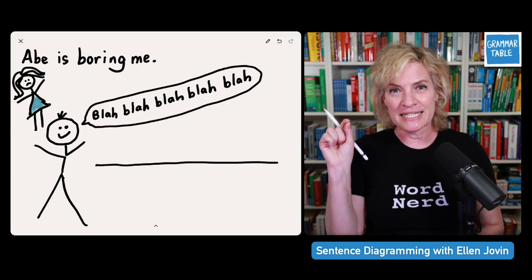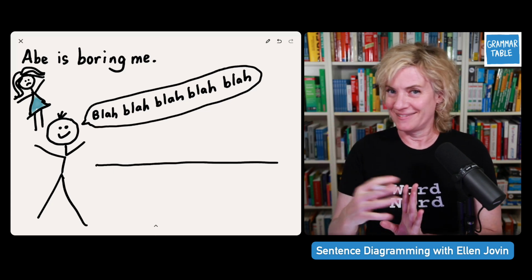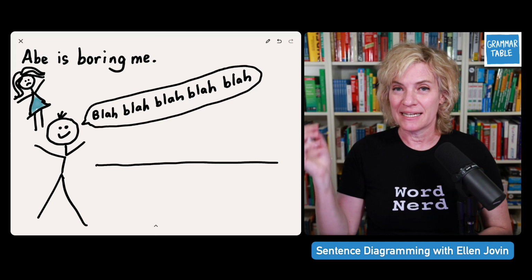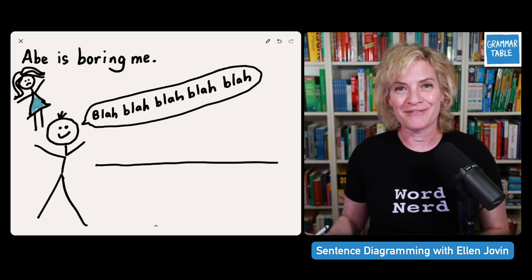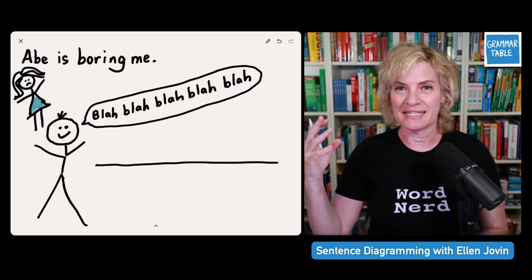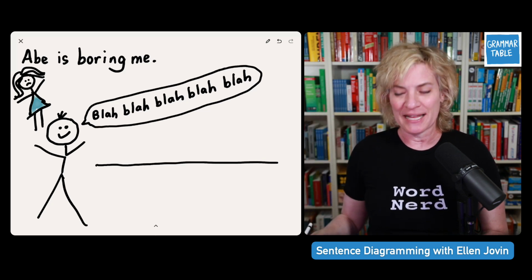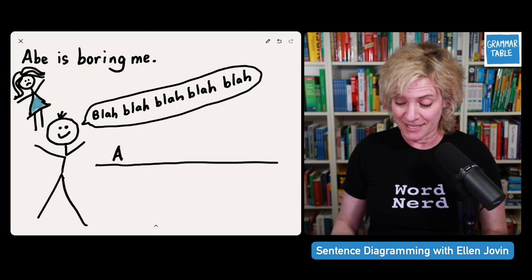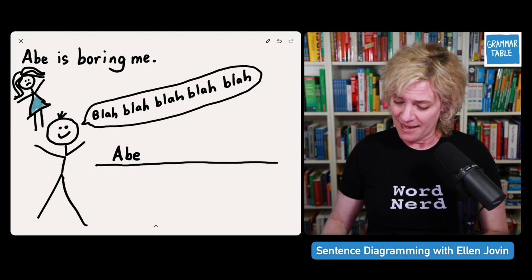I think this is interesting to look at how a single word that looks the same can really vary in how it's being used sentence to sentence. That's part of the fun of language, to have a sense of the magic of how these words dance around depending on how they're used. But Abe is still the subject. He is still boring, I'm afraid.